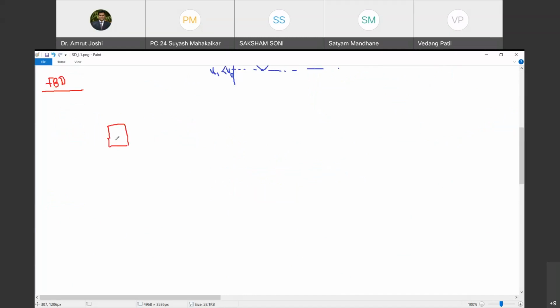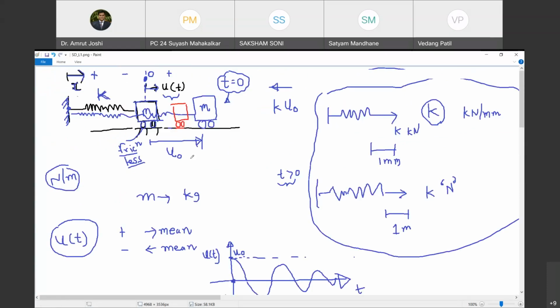Earth. Do you agree with me? Yes, sir. Earth is external to this block, no doubt about it. So if I free the body from Earth, I must show what the Earth must have been doing on this block. Do you agree with me? Yes, sir. So Earth was pulling it towards its center of mass by the force mg. Do you agree with me? Yes, sir. So the first thing that I am going to show on the free body diagram of this block is the force exerted by another body, Earth, on this block, which is equal to mg. Happy? Yes, sir.